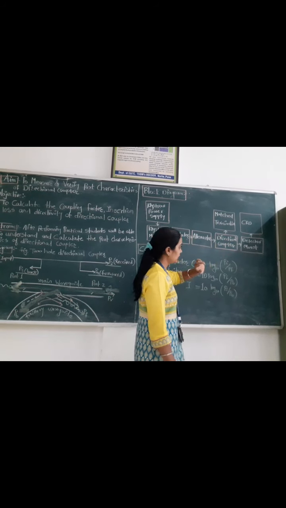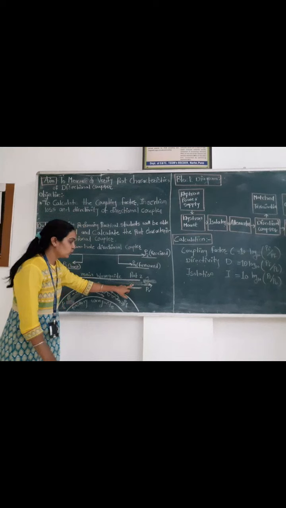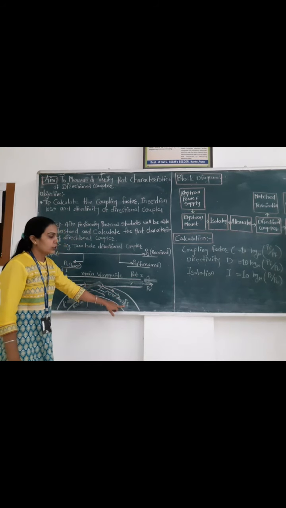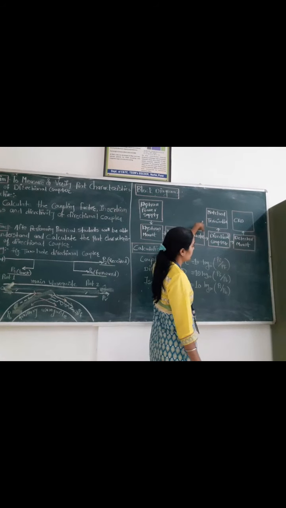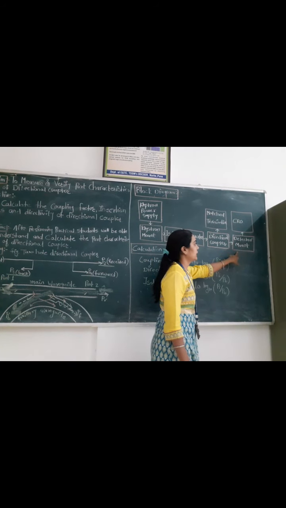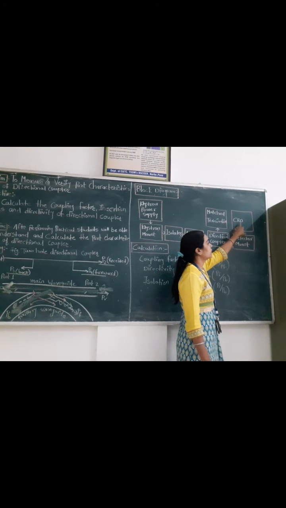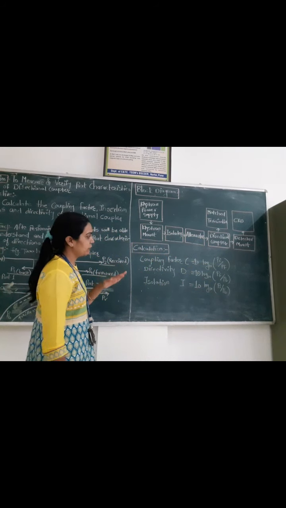Now while connecting the directional coupler, if we are taking output at port number 2, port 4 is to be closed with a matched termination. So this is the block of matched termination, and at the port at which we want to take the output, there we connect the detector mount, and the detector mount is connected to the CRO. So we get the output voltage of the received power.